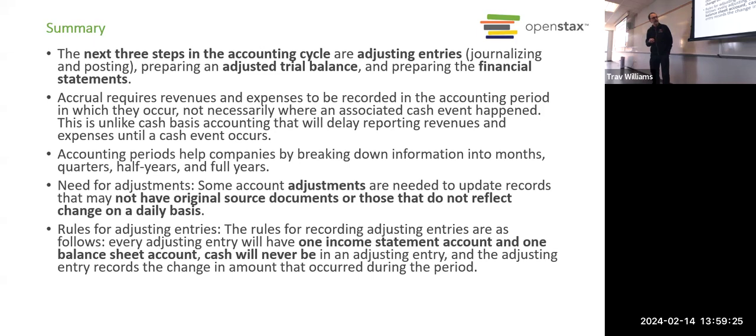Every adjusting entry will have an income statement account and a balance sheet account. And as we saw at one point on Monday, when you're doing the adjusting entry itself, there is no cash in that transaction. There will be a corresponding transaction that will have cash. But remember that the whole reason for adjusting entries is because the money changing hands is happening at a different time as the action, right? So when that action occurs, there will be no cash in that transaction.